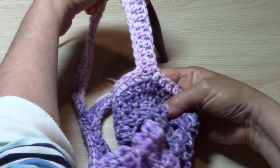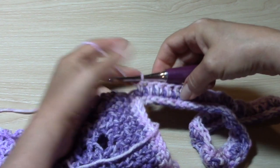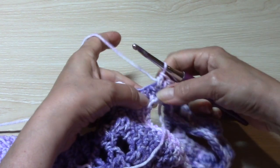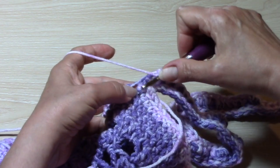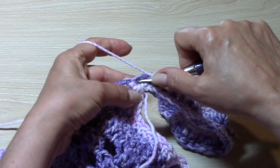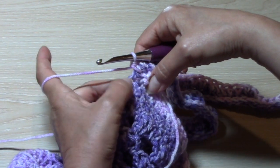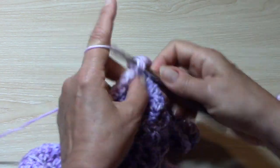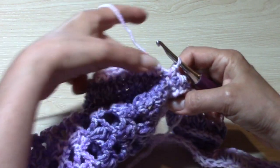This is how your work along this edge of the strap should look. And now we've worked down along the second half of the strap, coming to the very end, and in that last stitch fit one more half double crochet in between the last stitch and the base of your top edge. Somewhere down in there, you will just fit that right in and work one more half double crochet, and then again a half double crochet in that little space, which is where we slip stitched the chain into. One half double crochet in there. Okay, and then now slip stitch to the beginning half double crochet, worked along the top edge,